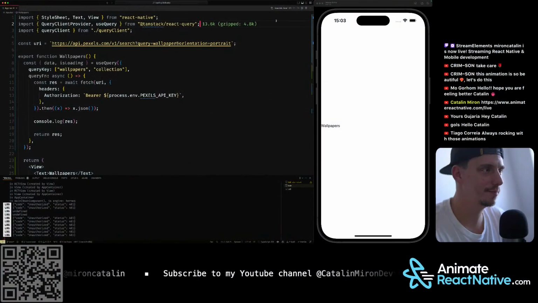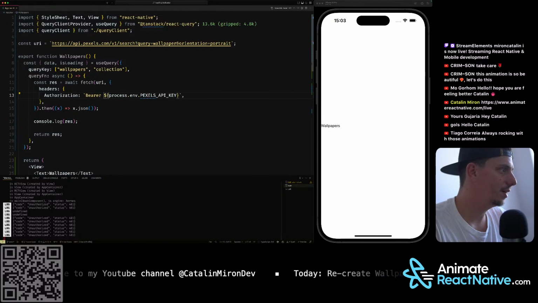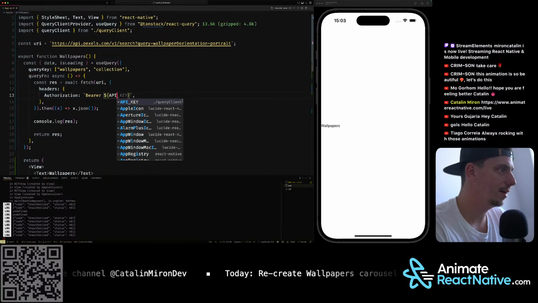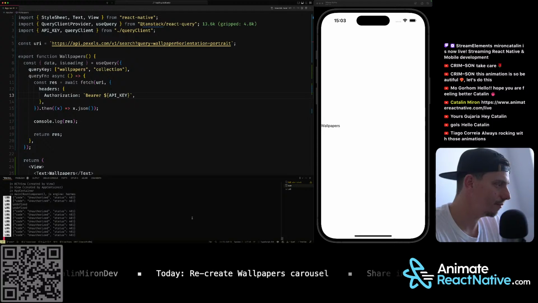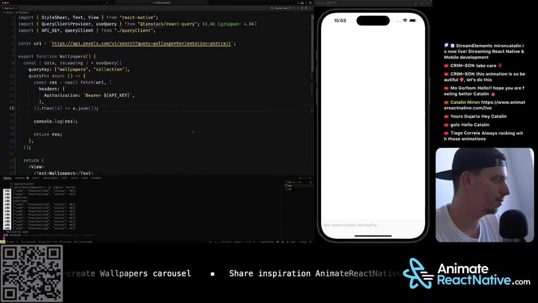Okay, I've just moved it. Let me move it back. So it's unauthorized. Okay, but I have it here, so API key. Okay, it's still unauthorized. So that was not a problem with the